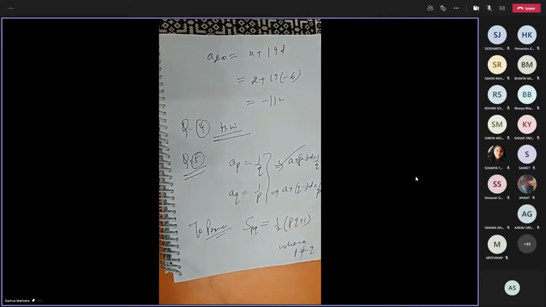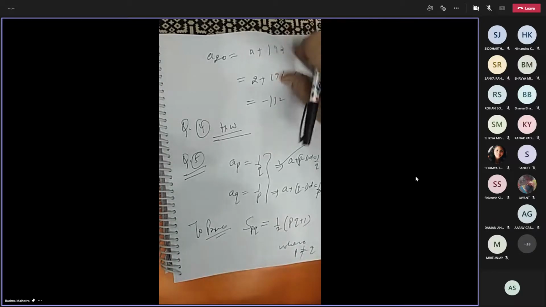Should I complete this one? Only the calculation. Tell again how to do it. Okay, I'm just asking, should I complete it or will you be able to complete it?